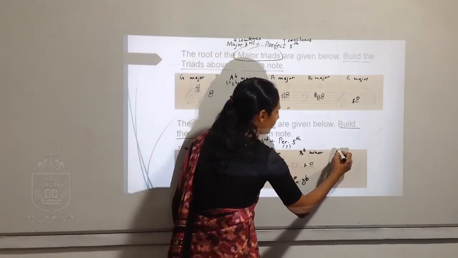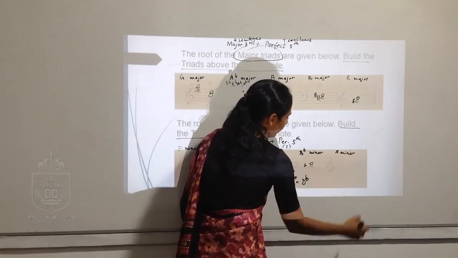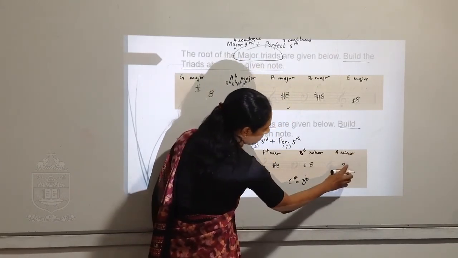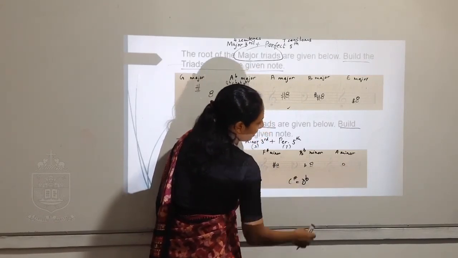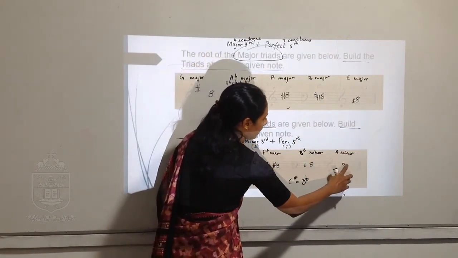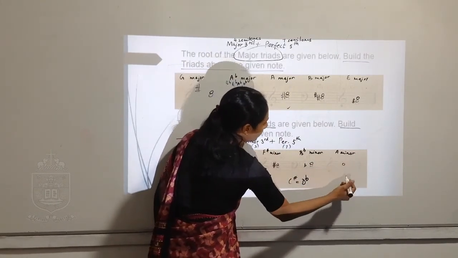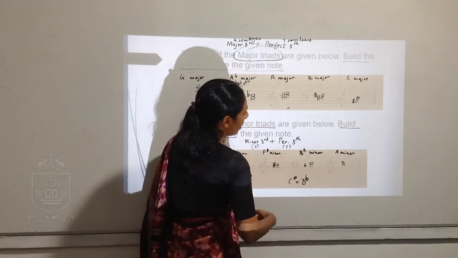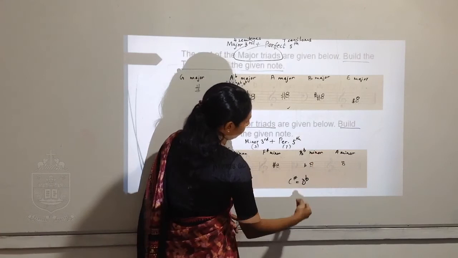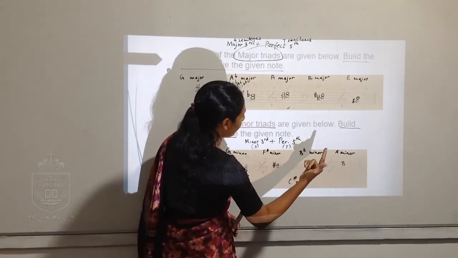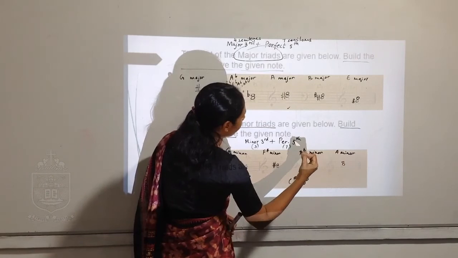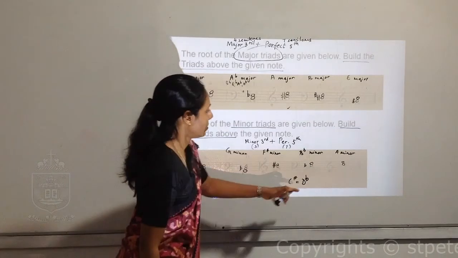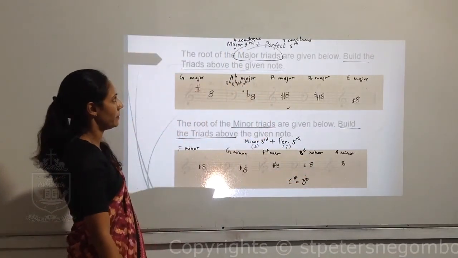Last one, A minor. 1, 2, 3. Third, we'll check the semitones. A, A sharp, B, C. Correct. From here to here, there's a minor third. So from here to here, fifth: 1, 2, 3, 4, 5. We check the semitones. A, A sharp, B, C, C sharp, D, D sharp, E. Correct. We have 7 semitones. So the triad is A, C, E.